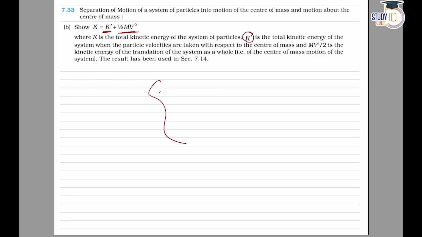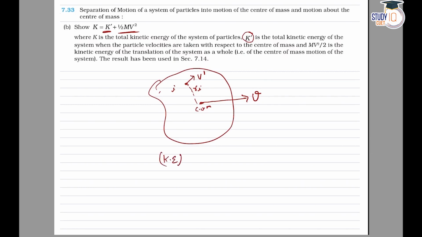So suppose a body is moving in such a way that the center of mass is moving with velocity v, and let us assume there is some ith particle, and the velocity of the ith particle with respect to center of mass is given as v prime. The location of this ith particle from center of mass can be given as ri. So in order to write the kinetic energy, we can say that